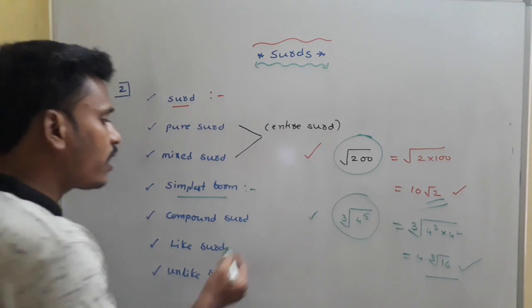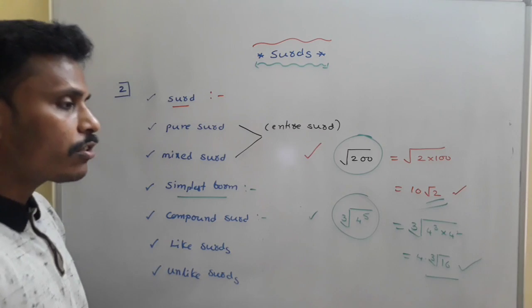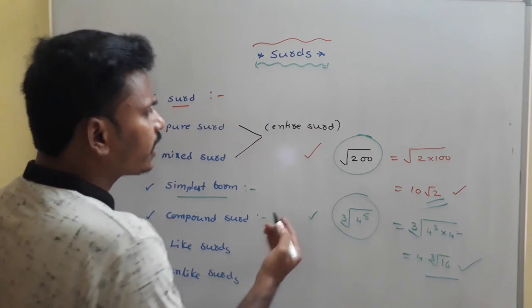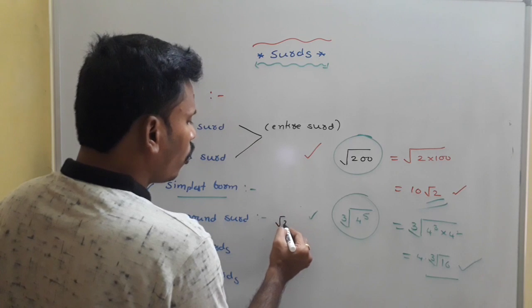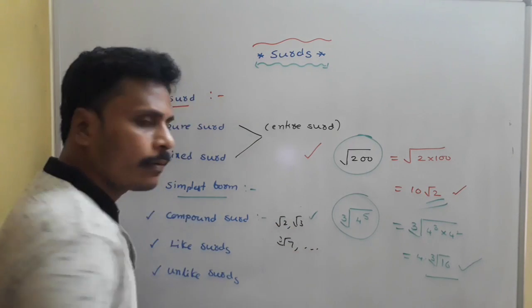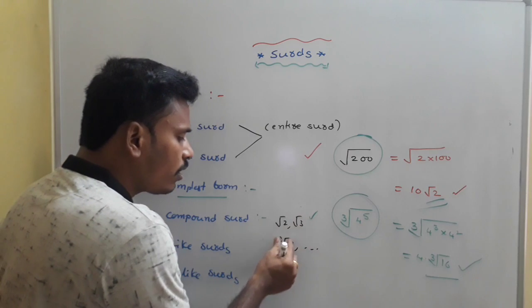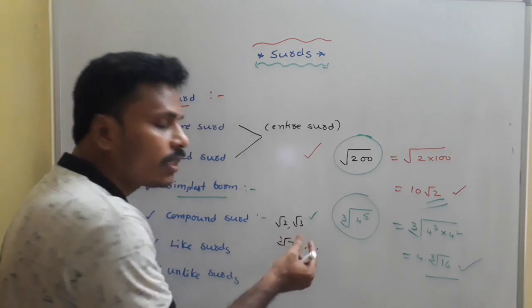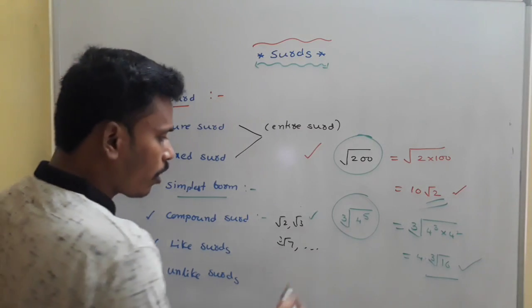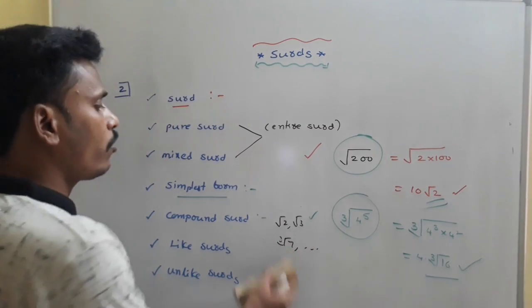And the next thing is compound surd. A compound surd is nothing but a combination of surds. For example, as I mentioned, root 2, root 3, cube root 7, all these are surds, right? And since only single terms are appearing here, we call them monomial surds. I think we are all familiar.